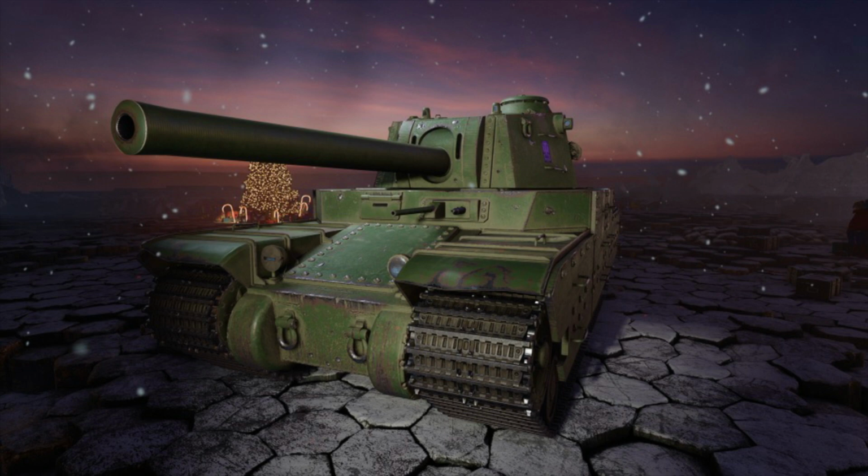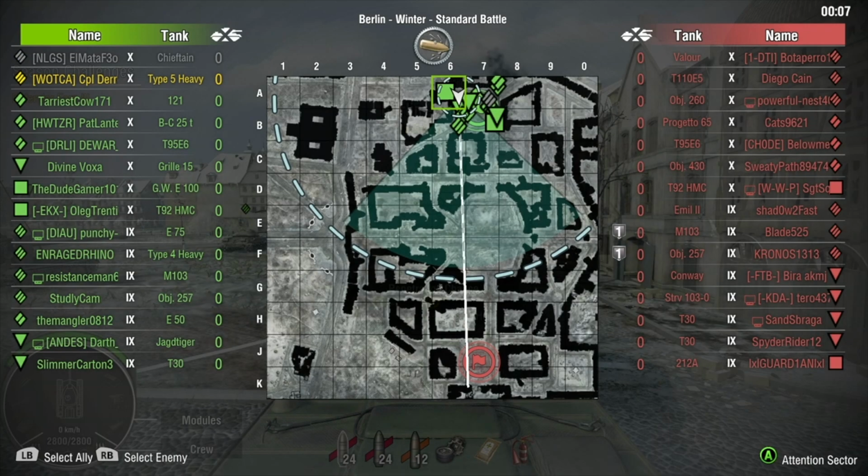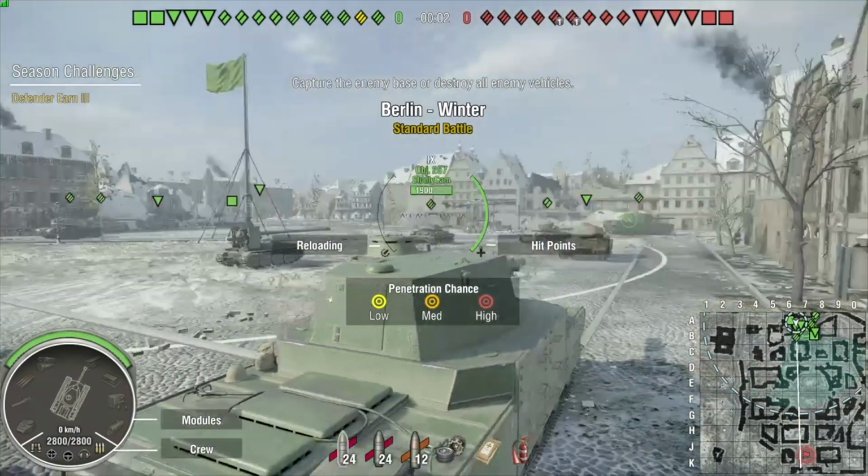That's it for how to set up and play the Type 5. Let's take a look at 2 helpings of gameplay. Alright, so here we are on Berlin Winter Standard Battle. Now this kind of looks